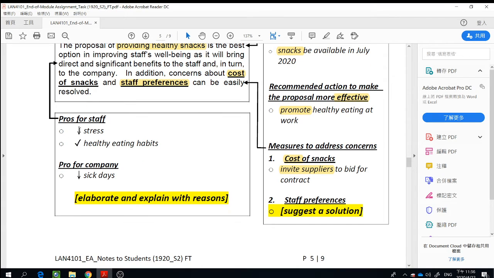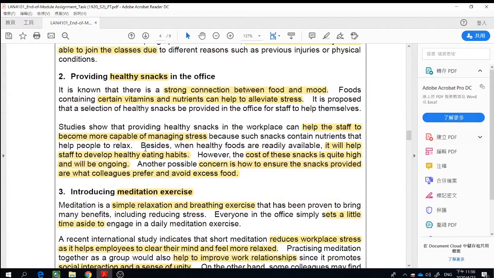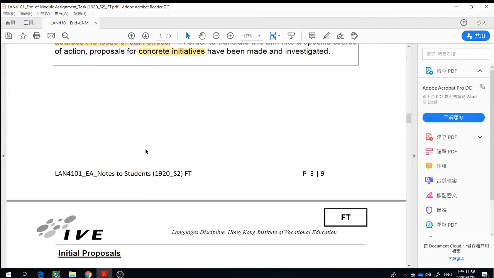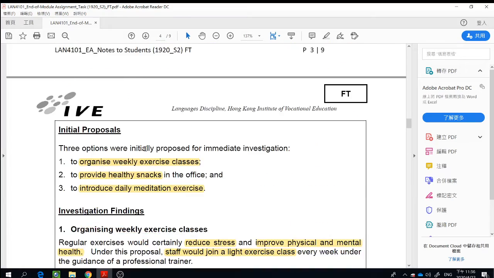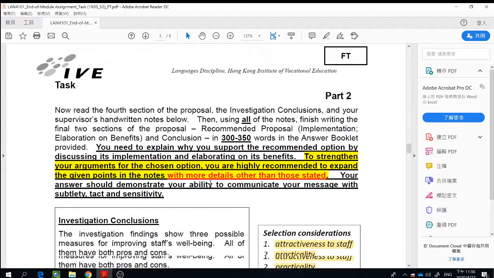The benefit for the staff, with an arrow pointing down, what does that mean? It could be reduce or decrease, or you can think about the subheading by yourself. And then how to promote the healthy eating benefits by giving healthy snacks at work. I think when you do it, you can make use of the elaboration in part 1 and part 2. You're giving some background information here. You're giving some elaboration in part 2. So make good use of the information given here.